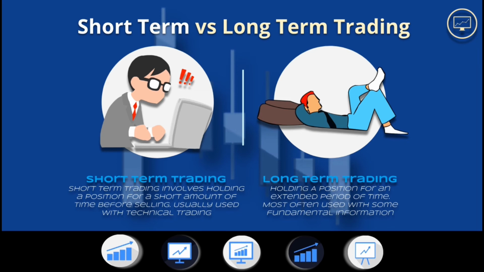Short-term trading usually involves holding a position for a short amount of time. This could be anywhere from days to hours and sometimes just minutes. Short-term trading methods can include strategies such as day trading or sometimes swing trading. Typically, short-term traders use charts and other trading tools to buy and sell instead of the underlying fundamentals.